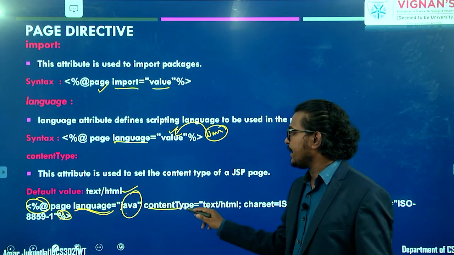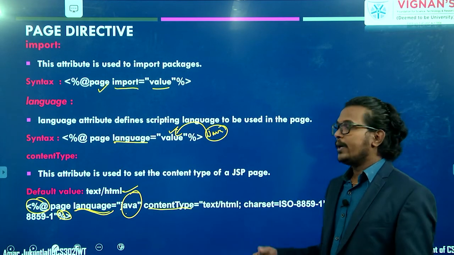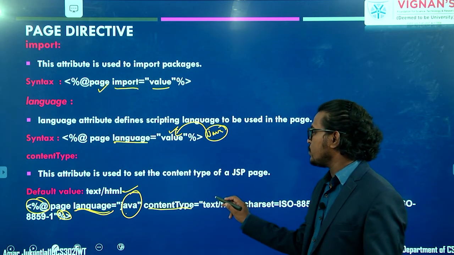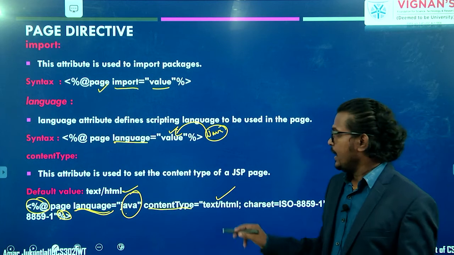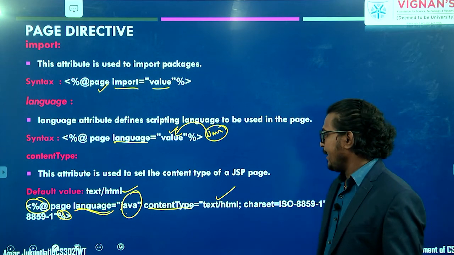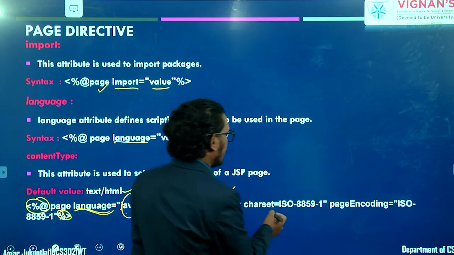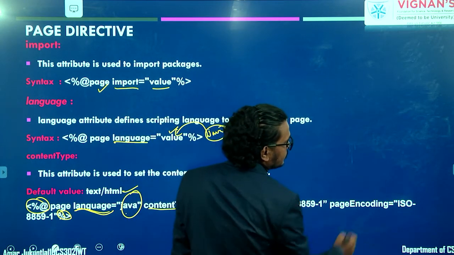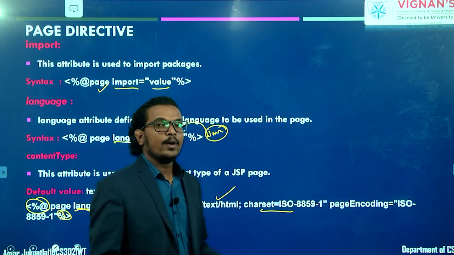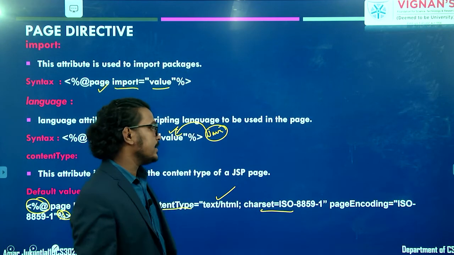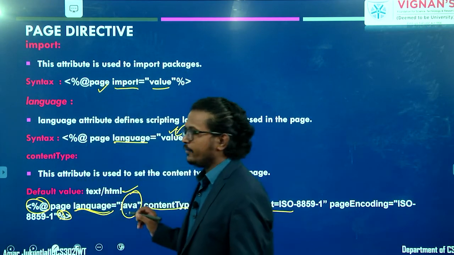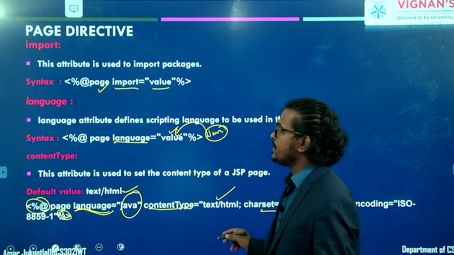After that I pass the content type, what type of content you are using, here text/HTML. You also pass the encoding characters you are using, in this page directive.